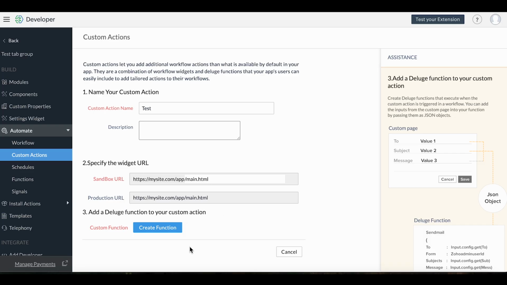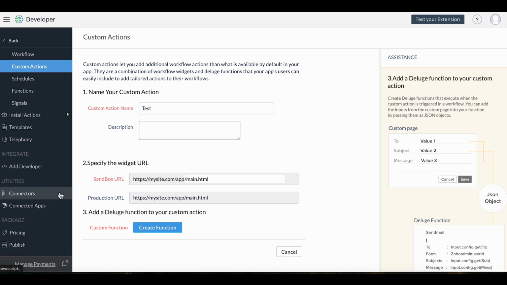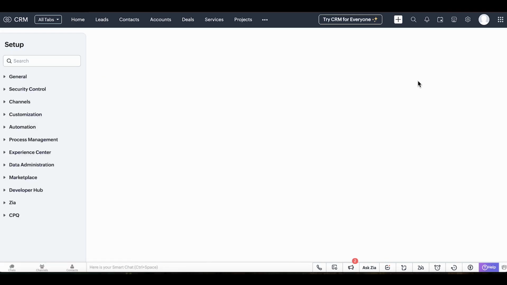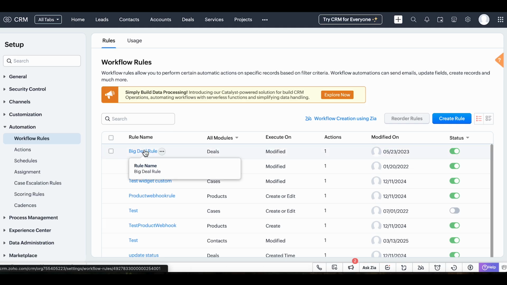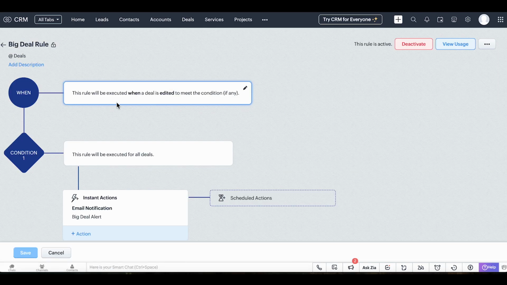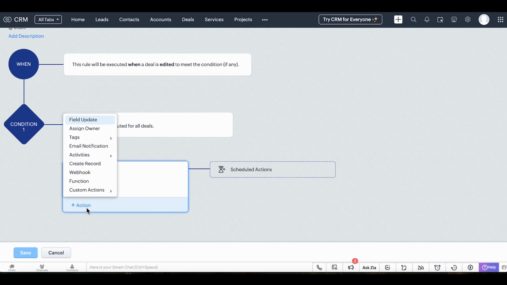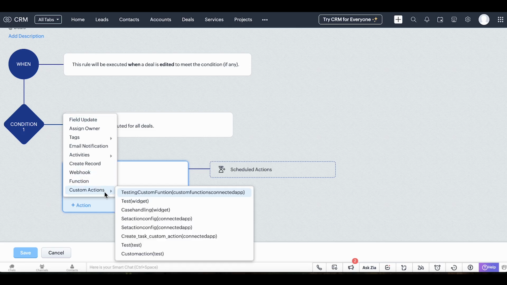As I mentioned, if you just create this custom action component as a developer and publish this extension, as an end user, let me just go to our CRM. In the CRM, let's say the end user has installed the extension which holds your custom action. They can go ahead and define workflow rules of their choice. If they go to workflow rule, let's just take this workflow. They can create a workflow, a condition can be specified, and now if you check the actions option, along with the default set of actions that are available, you'll have this custom action option that you've created through the extension. This custom action option can be utilized by the end user.